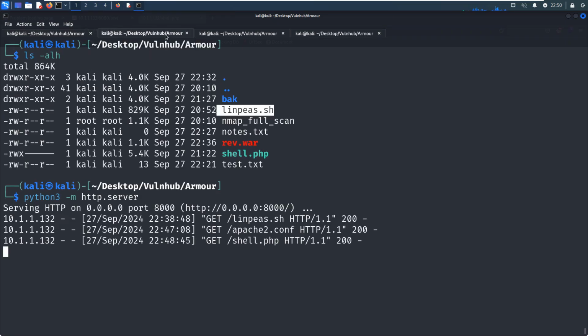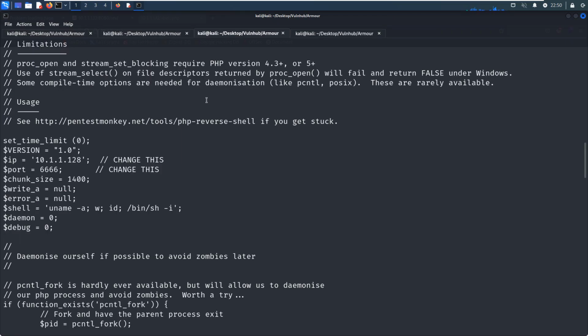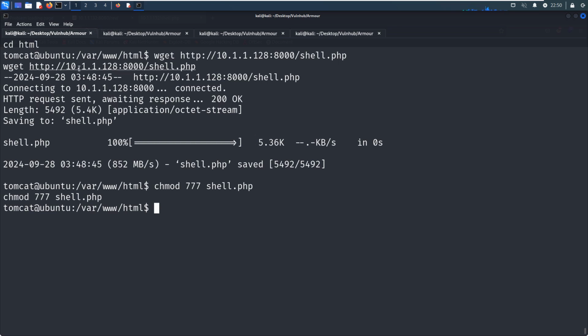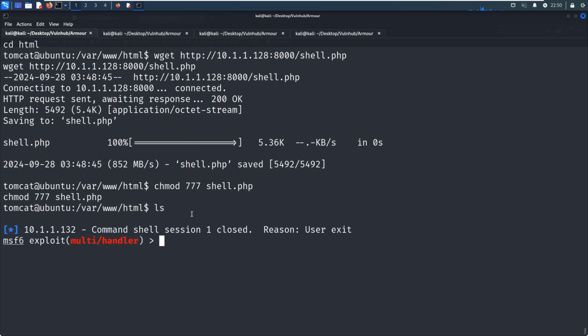But it's not working. Interesting. Oh, the command shell session is closed.